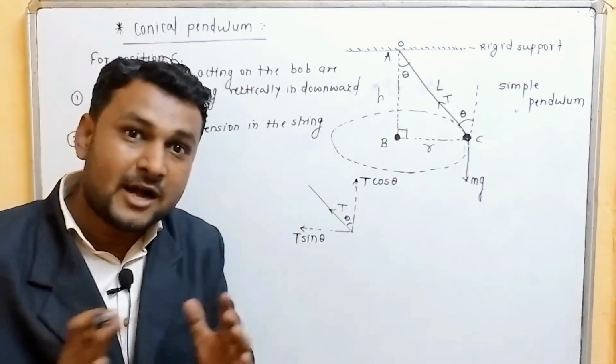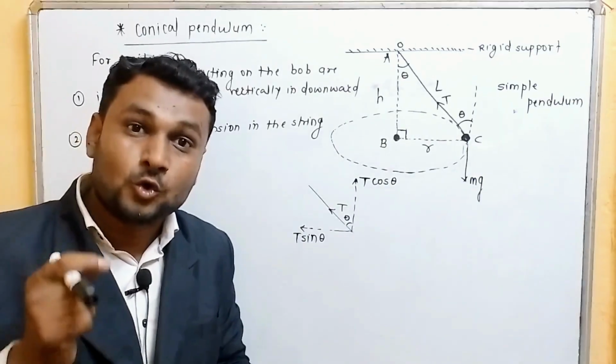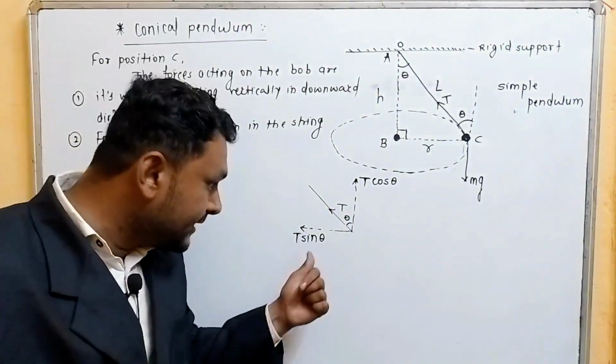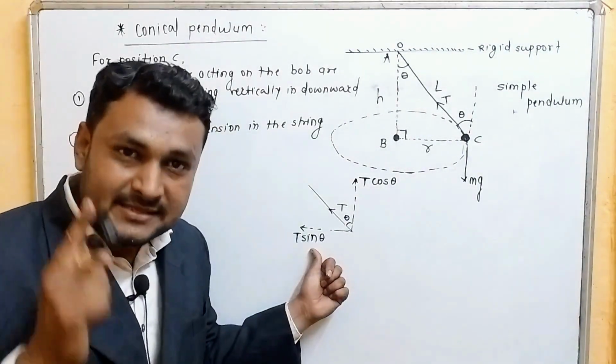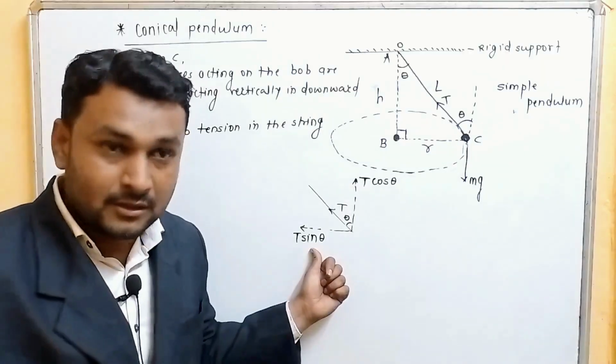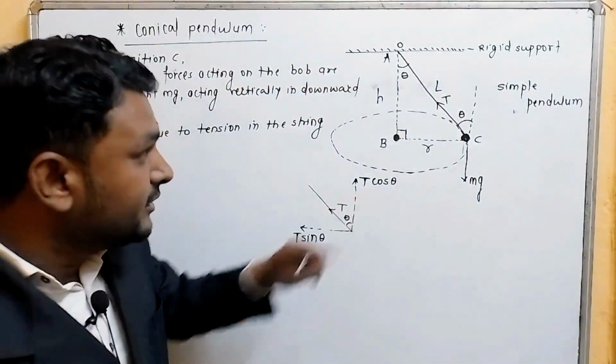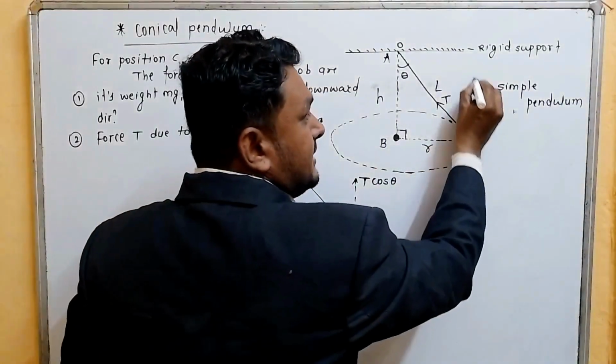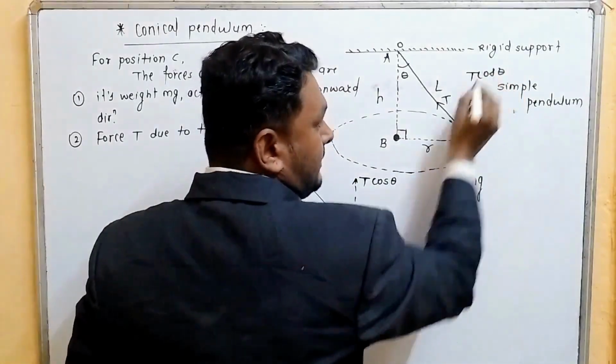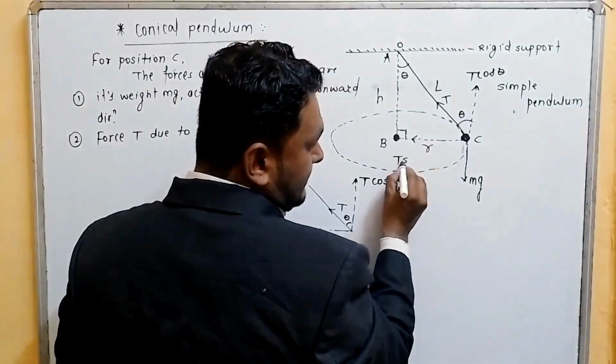The axis with which theta is associated, we always take cosine, and the second axis we always take sine. So always remember this one. Okay, so it is nothing but what? T cos theta. So here we can say this is the T cos theta, and the second will be T sin theta.